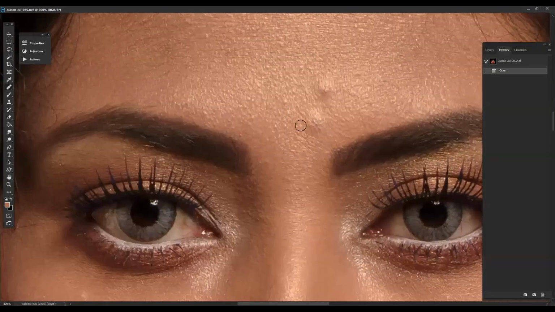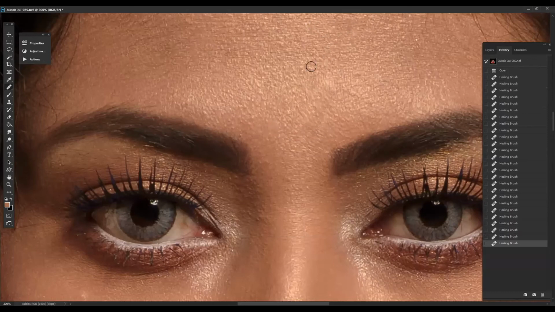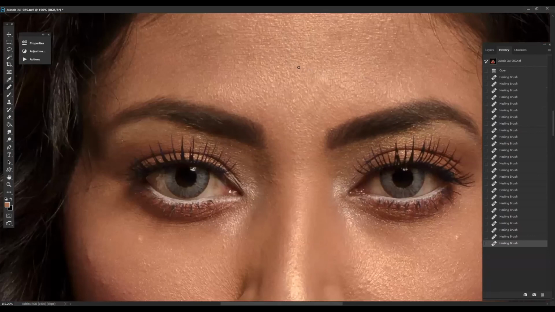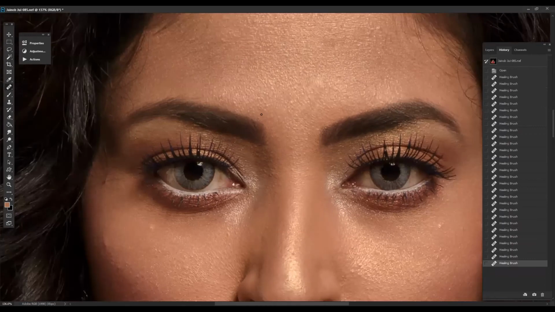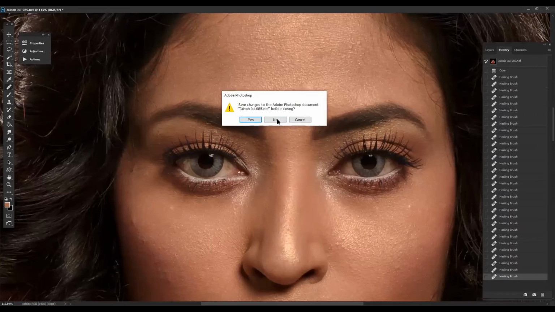The pressure is fixed. You can't change the pressure sensitivity over here. It will do just the way it sees. That's why we always recommend using a tablet for retouching, which is far better than using a mouse. I'm working with a mouse right now. So let me show one basic difference between both.